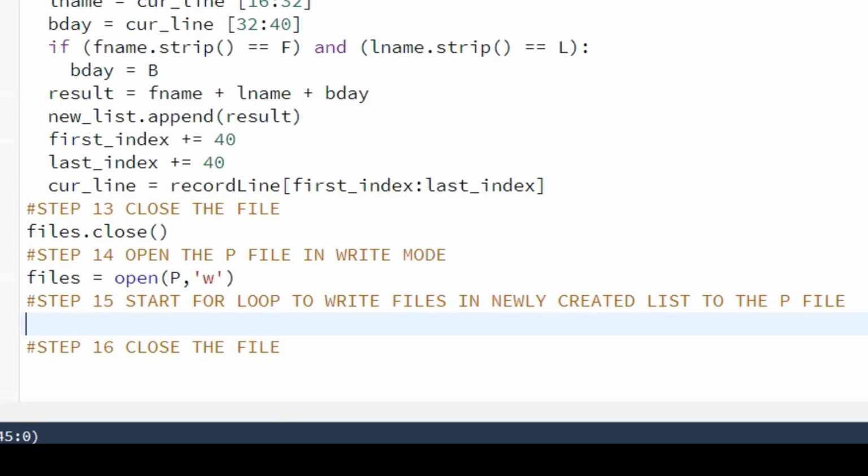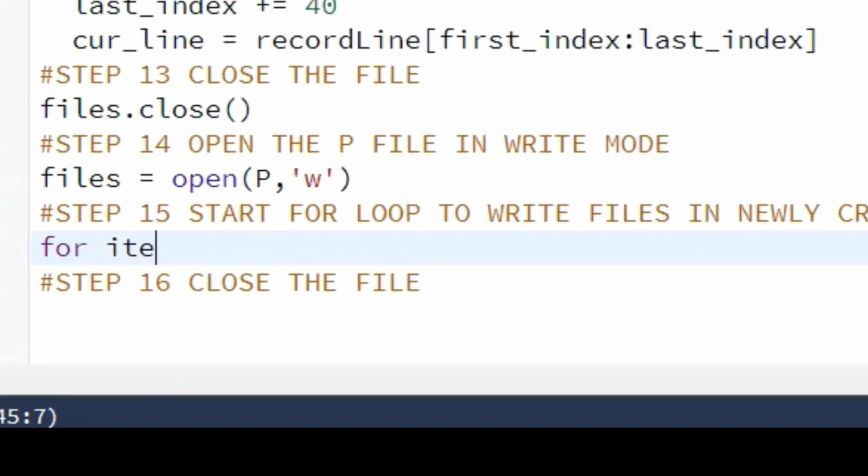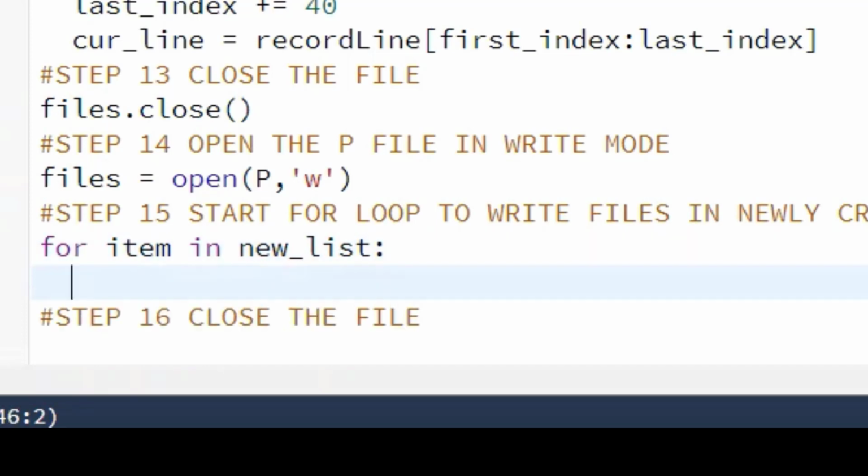We're going to just say for item in new list, files dot write item. And so now we've written the files that we've created in our new list